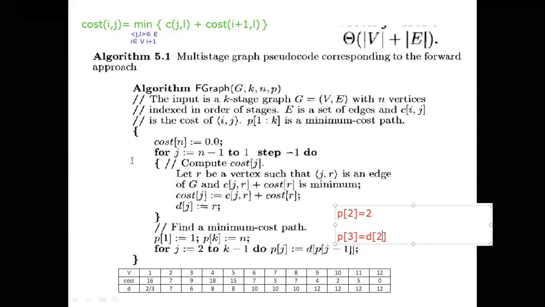I hope it is clear with this algorithm also, using the forward approach. Already I told, up to now 3 to 4 times it has been asked. Every time they are asking the theoretical part, you have to explain this one very clearly. And the time complexity is total number of vertices plus total number of edges. That means as the number of vertices and number of edges increase, it is going to take more time.